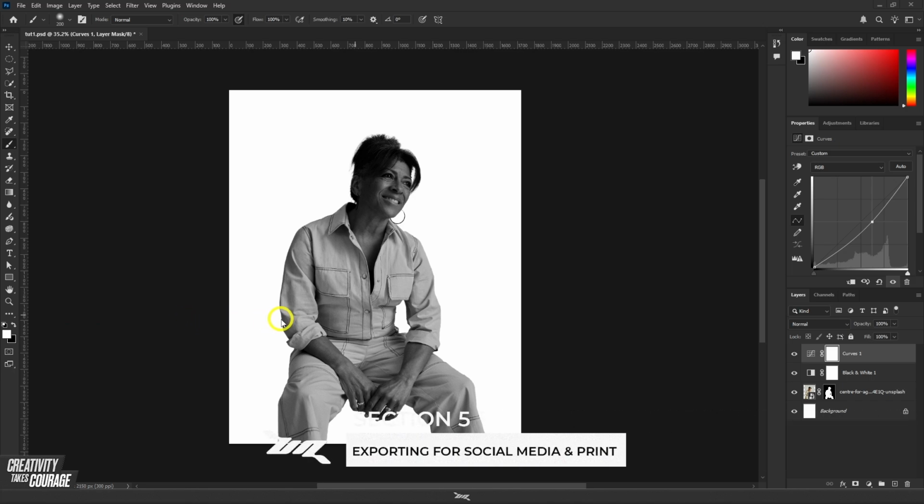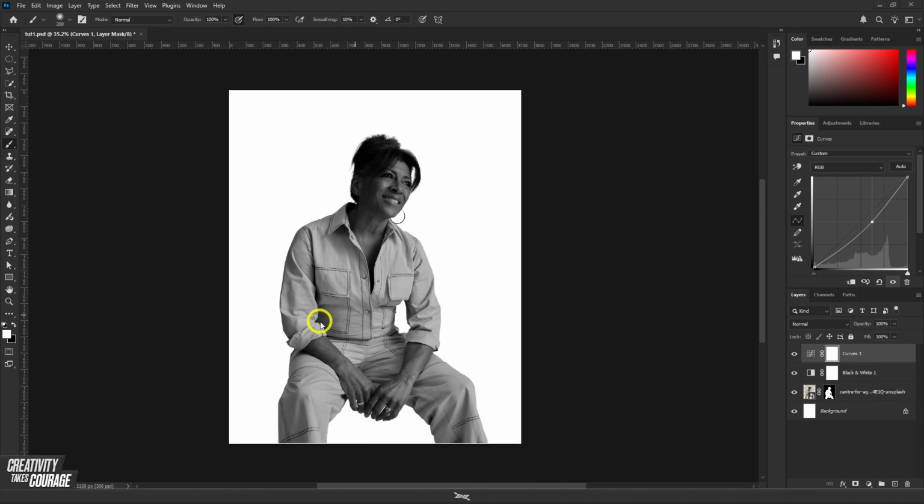Welcome to section 5, exporting for social media and print. Just as the previous section said about exporting into JPEG or PNG for best quality settings. And here we do have, for social media, you can use JPEG or PNG, and you can use TIFF or PDF for high resolution